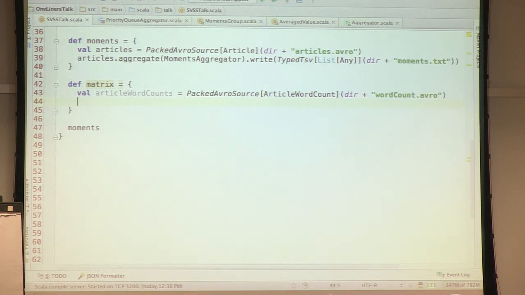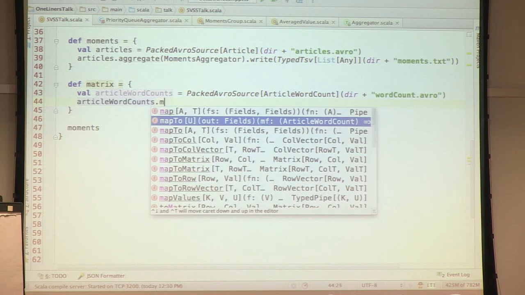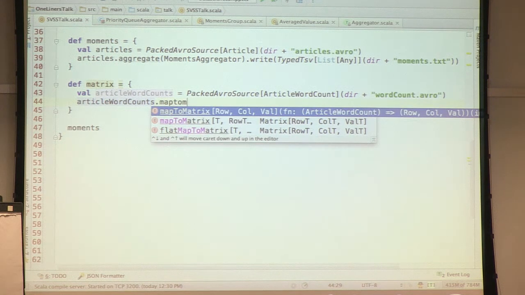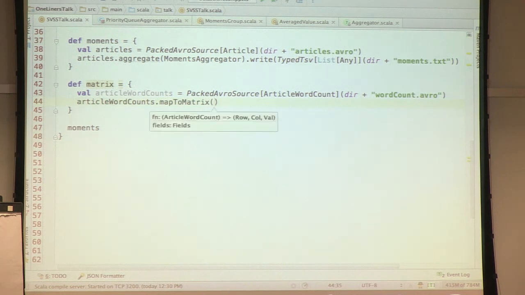Now there is a way to transform a pipe to a matrix, and let me show you how you can do it. There's mapToMatrix, and basically what it needs is to start from our class and transform it to a row, column, and value. What is very nice about the matrix API in Scalding is that it doesn't require rows and columns to be integers.